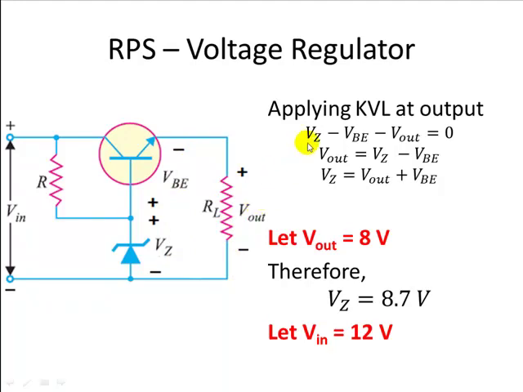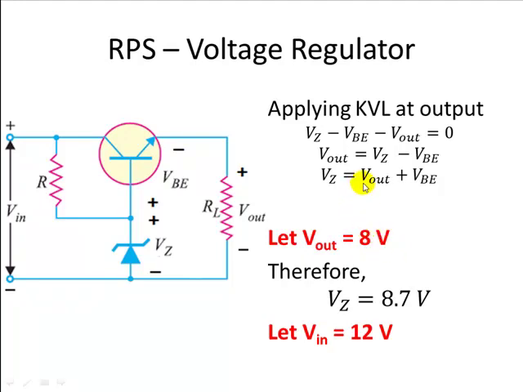So that's what is written here. Vz minus VBE minus Vout is equal to 0. And rearranging the terms, we get Vz is equal to Vout plus VBE. If our power transistor is a silicon transistor, then VBE will be equal to 0.7 volt. And as per the requirements, what I want is Vout should be equal to 8 volt. That is the regulated output. RL is the load resistance, rated load, and I want 8 volt across the rated load. So Vout is equal to 8 volt is our requirement.